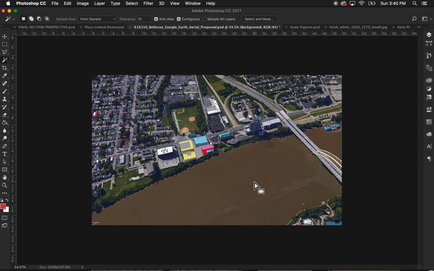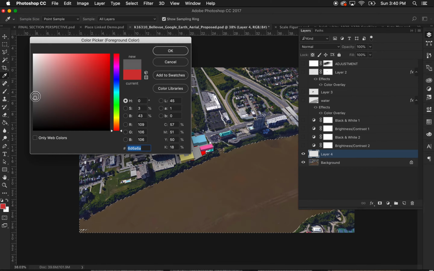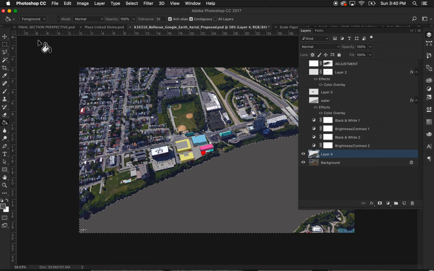I'm going to make a new layer, and then I'm just going to hit G to fill it. First though, I'm just going to pick a gray color instead of red, and I'll show you why in a second. So I'm just going to pick this gray color, I'm going to fill it gray, and then now what I'm going to do is, I don't want it to be gray, I don't want it to be red either,